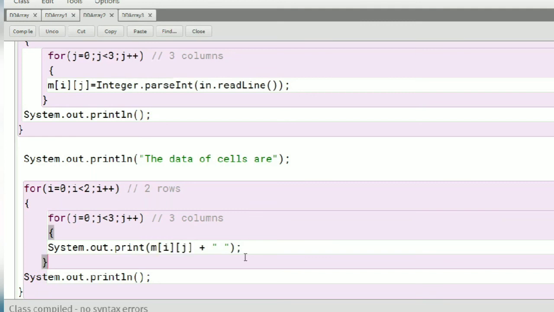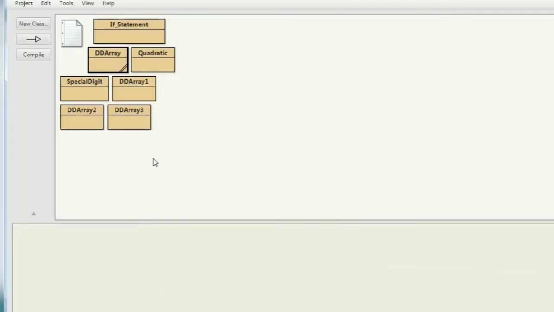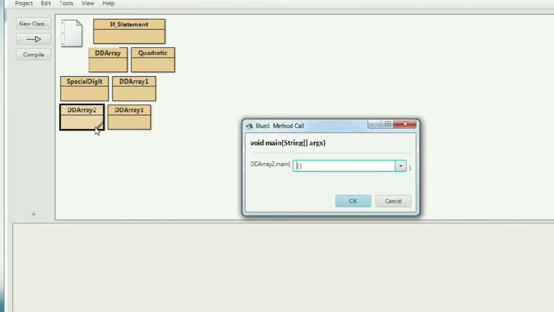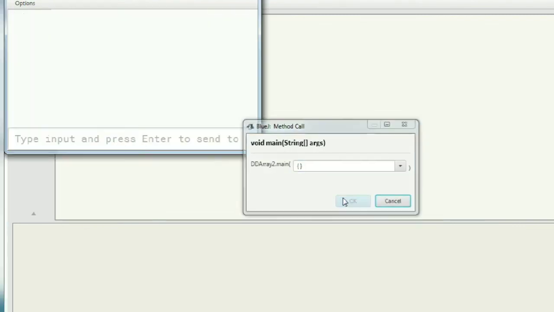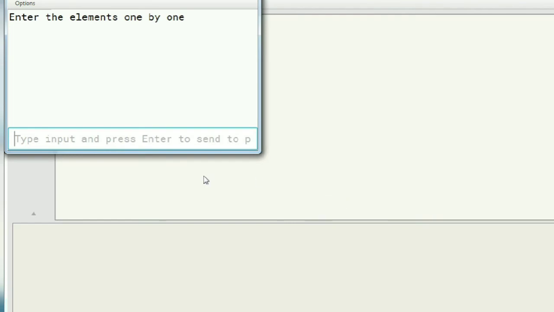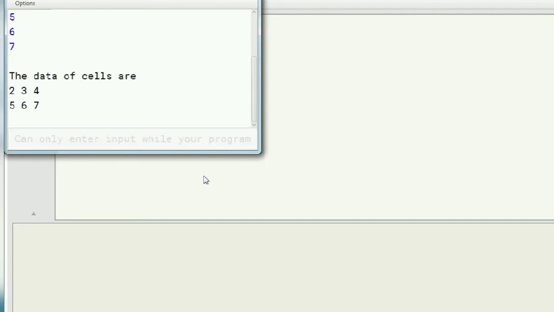Let's see the output. See, enter the elements one by one. Suppose 2, 3, 4, 5, 6, 7. See here, 2 rows and 3 columns.